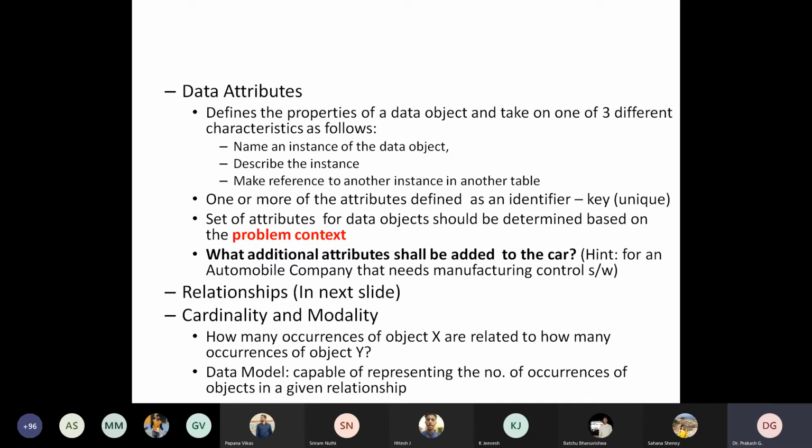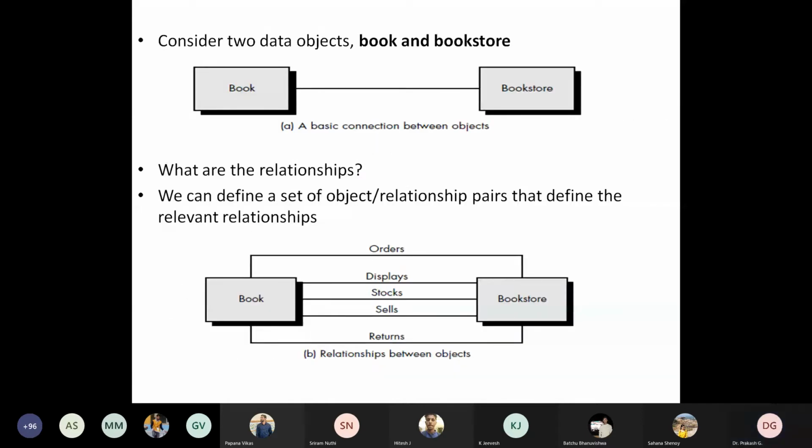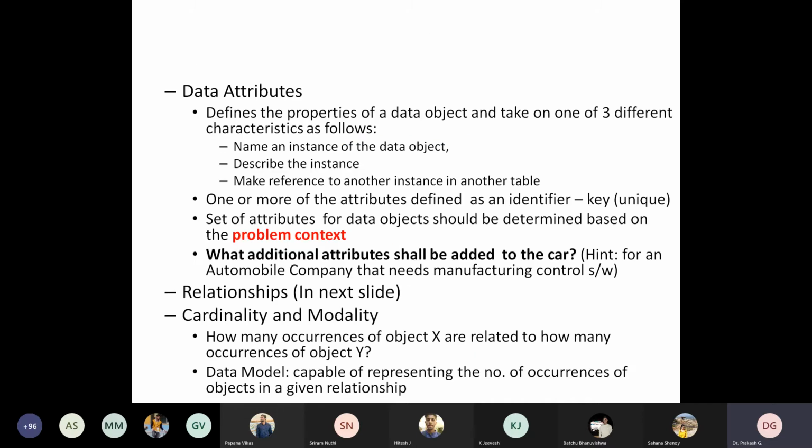That means how many occurrences of object X are related to how many occurrences of object Y. Here we have two objects, book and bookstore, so we have to identify the number of occurrences. How many books have been ordered, and on what date? Today I am ordering 3 books, tomorrow 4 books, the day after tomorrow 5 books from the same bookstore. So what is the number of occurrences of order? This is what we have to plan next.